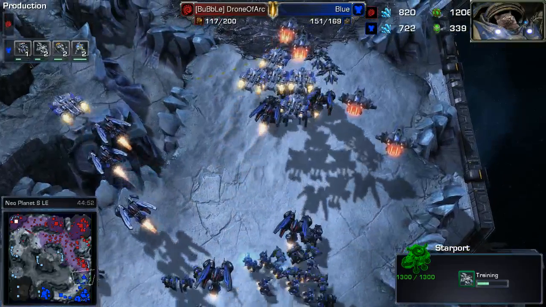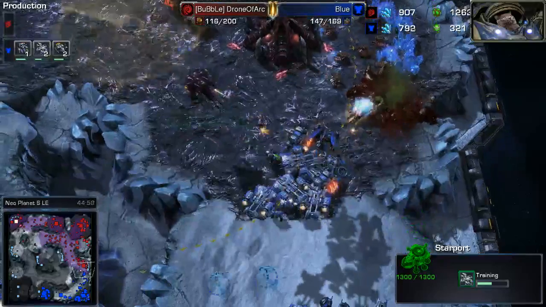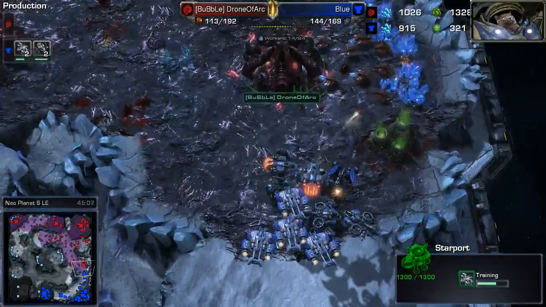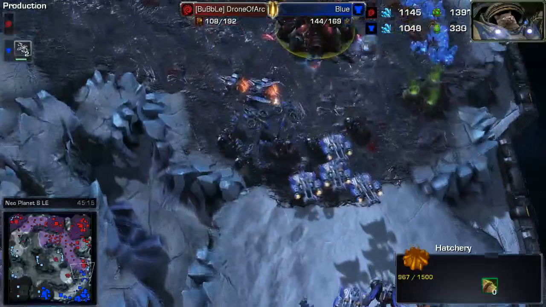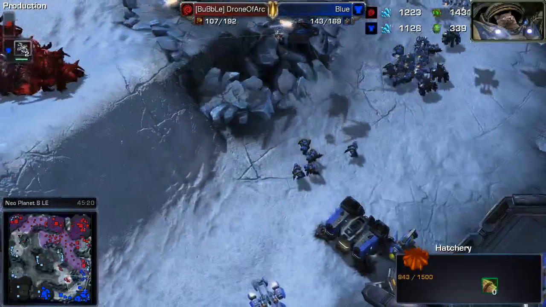It looks like blue is going to be making motions like he wants to attack, and this could be a clutch mistake. Now he doesn't have that choke. Where are DroneOfArc's forces going? Those Ultralisks need to swing down here. Oh my goodness, blue is having a field day on this hatchery. What are you doing? Oh my goodness, I'm going to go ballistic. DroneOfArc electing to do something. I don't know. What is...